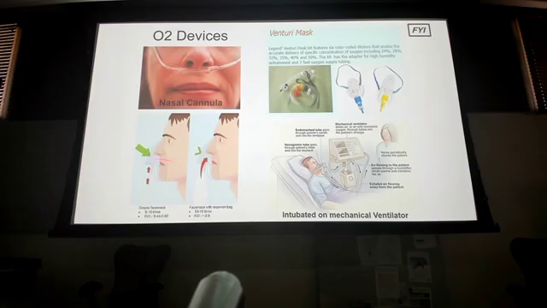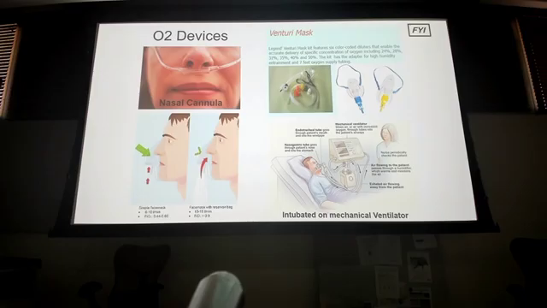Then down here, right, we have our simple mask and our non-rebreather. The mask is identical to these. The difference is down here is your reservoir bag. So here it's just straight oxygen going into them, right? They have no supplement, so if they need more oxygen, you're not getting it. You become a non-rebreather. This bag is a reserve, so basically it fills with oxygen. So if they're taking a deeper breath, they're going to take what's being delivered to the mask, and then they're going to breathe off this excess in this bag. So it gives them a little bit extra oomph.